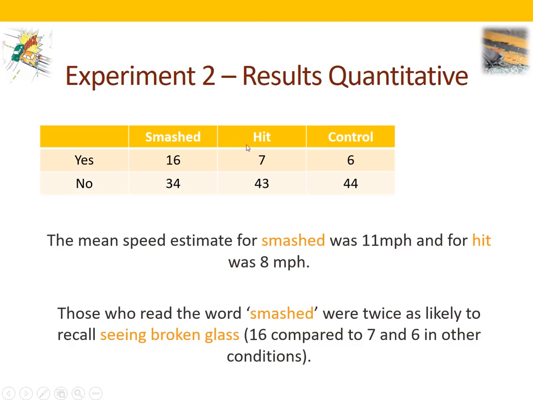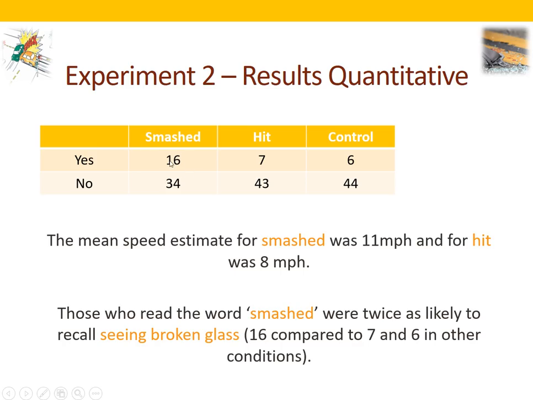So here, the mean speed estimate in experiment 2 for smashed was 11 miles an hour and for hit was 8 miles an hour. So we can see that those speed estimates are different, but remember in experiment 2, that's not the main thing that we're interested in. The main thing that we're interested in is this broken glass. Okay, so if you're in the smashed condition,